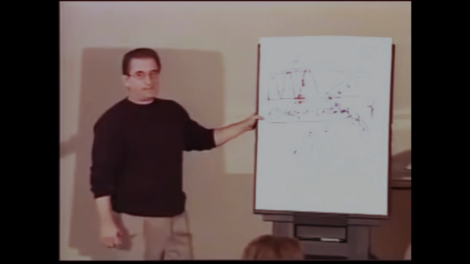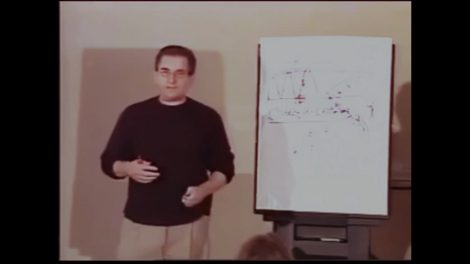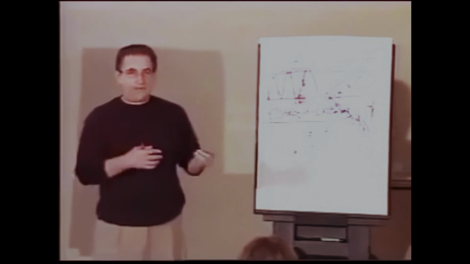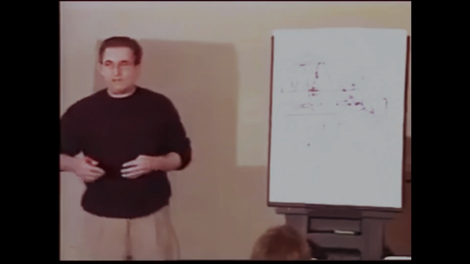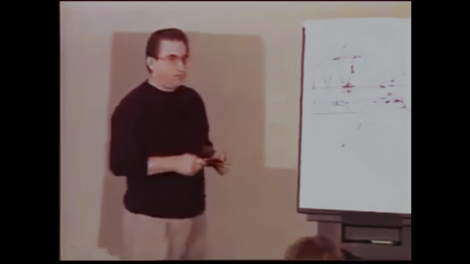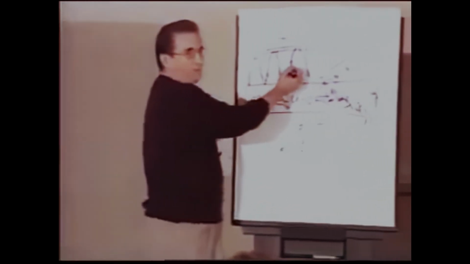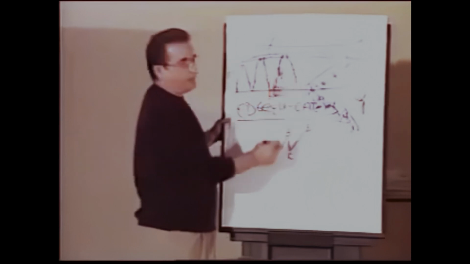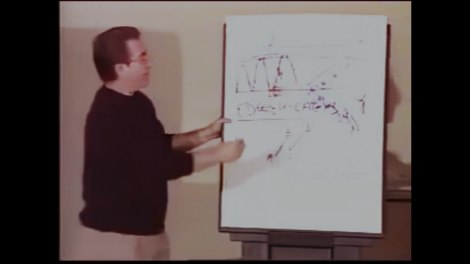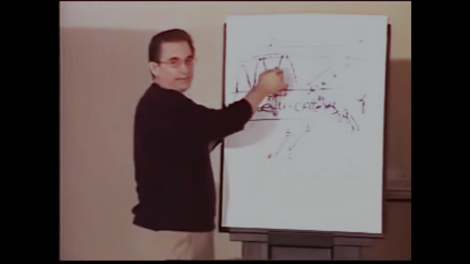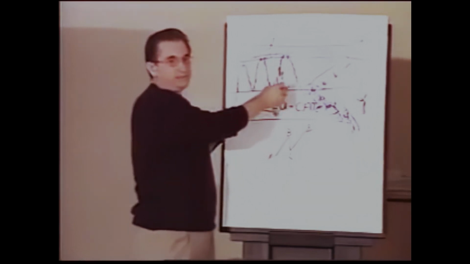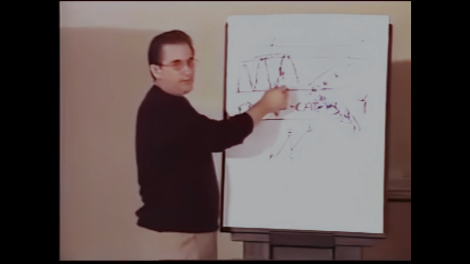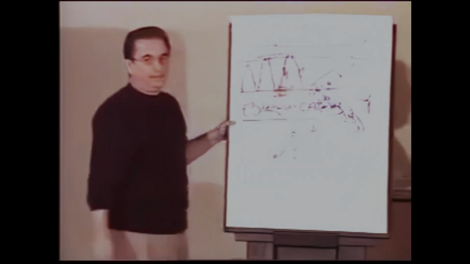Because I, like everyone else, wanted to be in a big move. And I'm thinking to myself, how am I going to assure myself of ever being in a big move if, what normally happens is that if I don't book any profits, if I let this market go up to here and then come all the way back down to my entry point, which it could happen, without having taken any profits along the way, I will blow out of this position without really even knowing for sure whether or not it's just coming back down to test support and make a double bottom, then go right back up again. And that happens a lot.